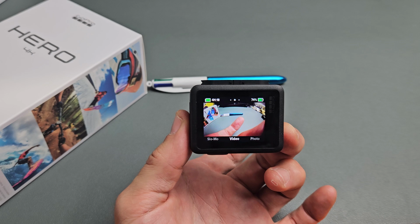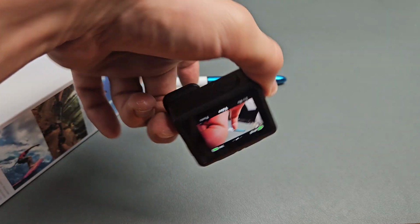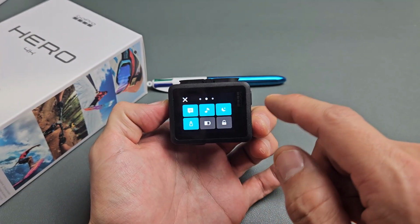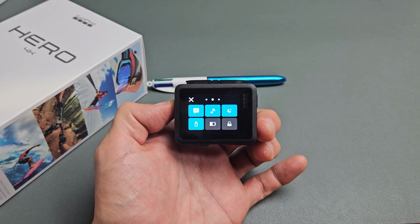it's going to be locked into this horizontal position, okay? Basically landscape position. So when I turn it over, it's not going to turn around, okay? Now if I want to lock it into like a portrait or vertically, what I can do is I have